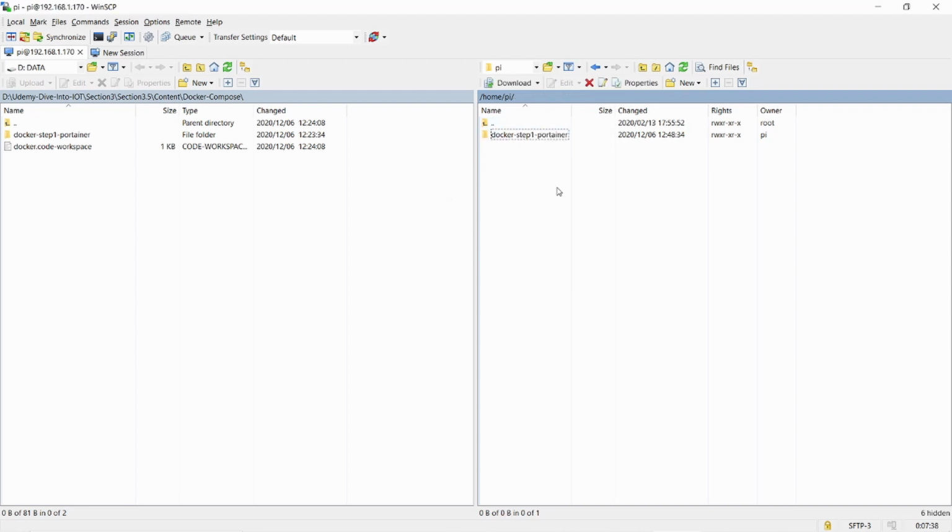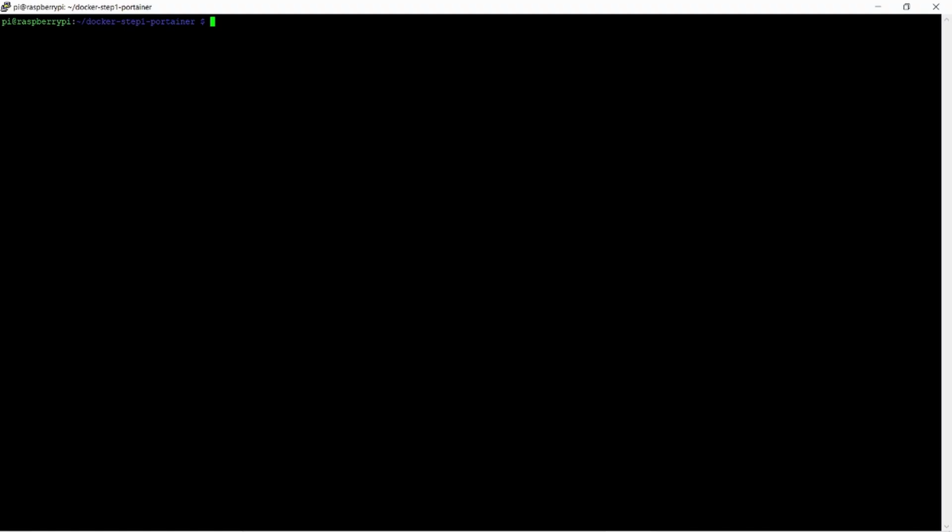So once you've got that done, you would then go to your Raspberry Pi. You would change into that directory. So if we just go back to the original directory, if we do an ls, you'll see there's the directory now. If we change into that directory and we do an ls, you'll see there's just the Docker Compose YAML file. Once we've got that, it's actually as easy as doing